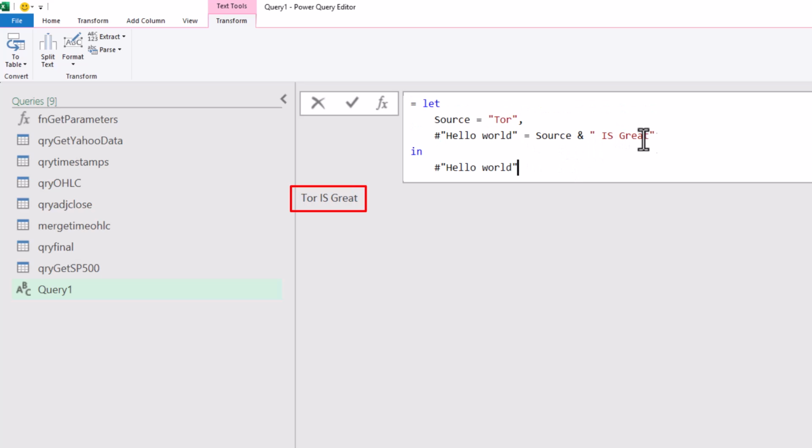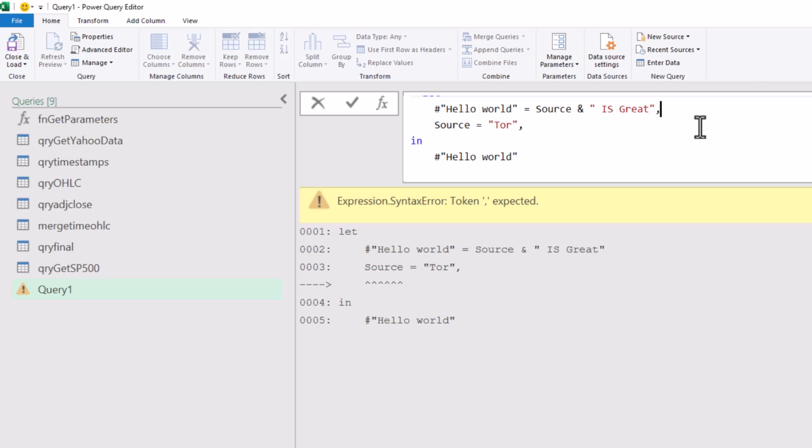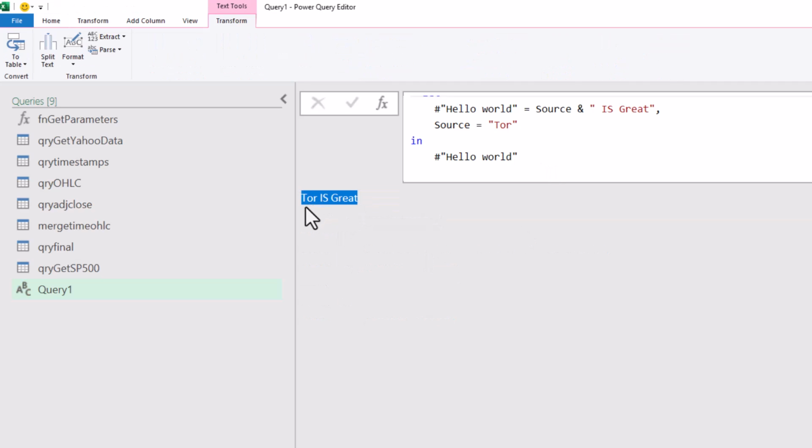Another thing you can do in Power Query is move steps up and down. So notice here I moved the hello world to be the first step and the source to be the second step. You have to separate steps by comma. And the last step cannot have a comma, and that's why I'm getting this error here. So if I try to hit it again, you can see I'm getting an error because it cannot proceed. When you see that, remove the last comma here and hit enter, and then you'll be okay. So the point here is that you can output any one of these steps after the in clause,